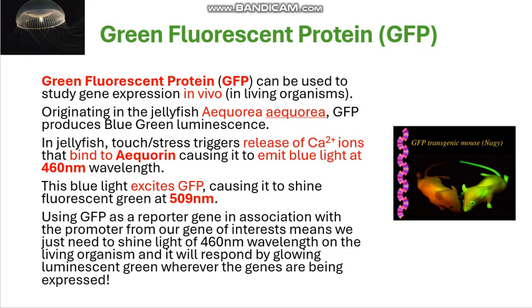Using the GFP reporter gene in association with the promoter of our gene of interest means that we can shine a blue light at 460 nanometers on our organism that we're studying, and this living organism will respond by shining fluorescent green wherever these genes are being expressed. So if you look at the mouse on the right, where the mouse is shining green, that's where its genes